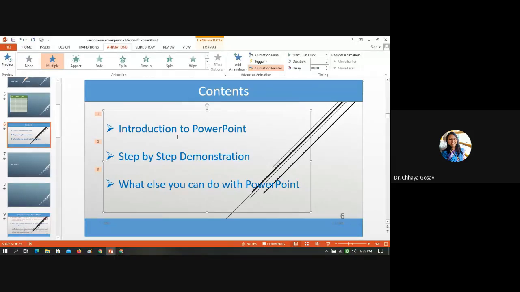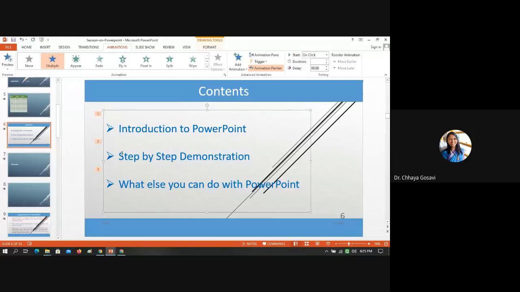No need to go and check which method we have used, how. So check its entrance, give effects and change the speed. If we are sure that we want this type of animation and apply it to different objects, just click your animation painter and copy it or apply it on other. Then to leave it, again click here, so it will leave it.